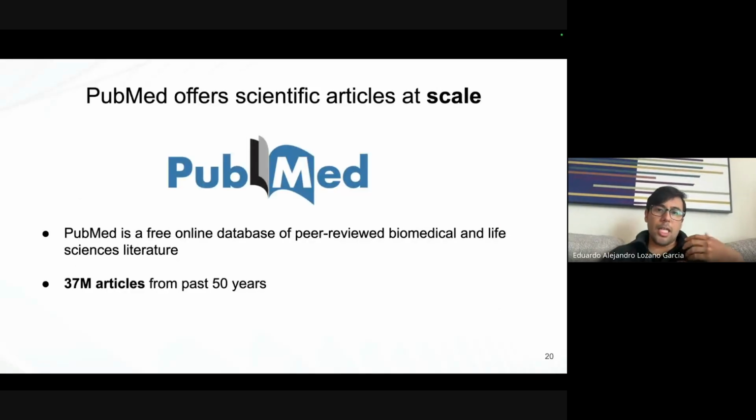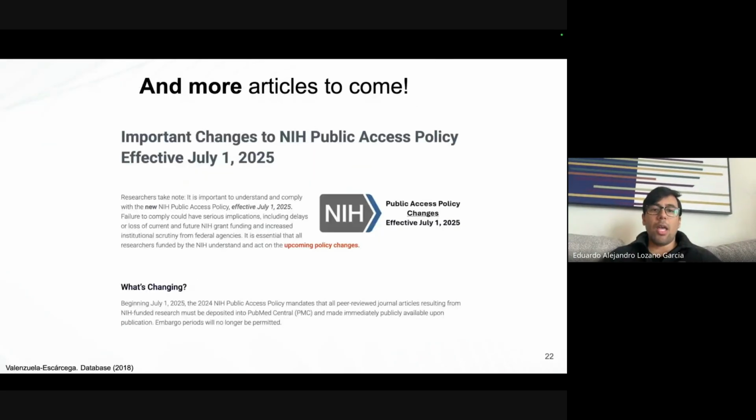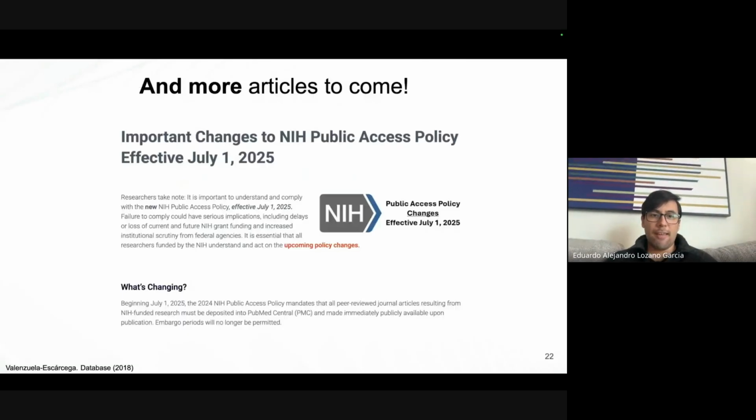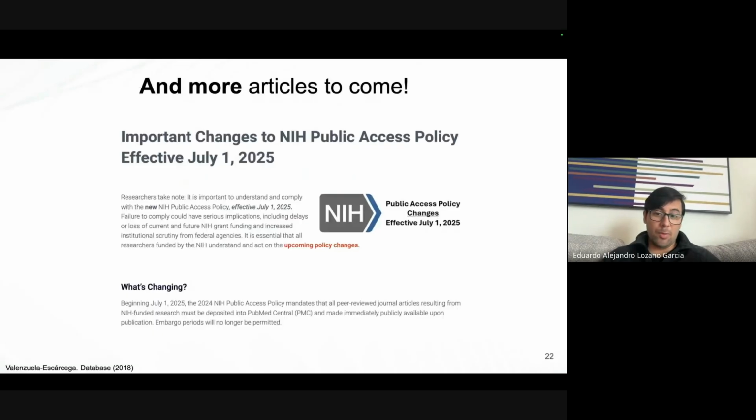In particular, I cannot talk about scientific data without talking about PubMed, which offers this data at scale, and it also offers a server in order to retrieve this data. Of course, not all of PubMed, but only the open source section of PubMed. And in particular, PubMed is growing exponentially too. This is up to 2017, but you can see that the number of publications that have been indexed in PubMed has grown drastically. And I think this number is from 2023 or 2024, but at least in 2023, there were 1.5 million new articles that were indexed in PubMed.